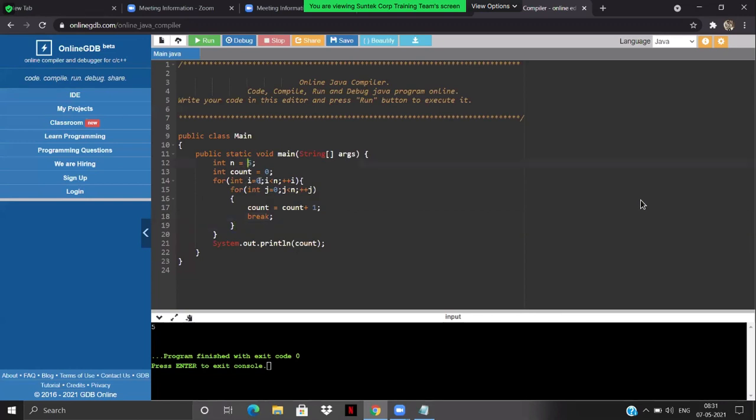It will start from i equals 0. Then it will start from j equals 0, with j lesser than n. So if I just talk about the outer for loop, how many times will it get executed? Only 5 times, because it will get executed for 0, 1, 2, 3, and 4, since i should be lesser than n. So i cannot be equal to 5 at all. So it will get executed only 5 times.